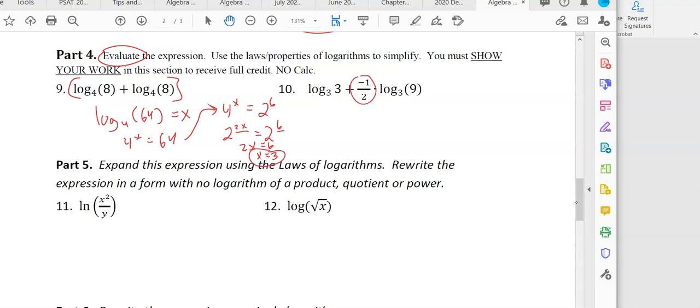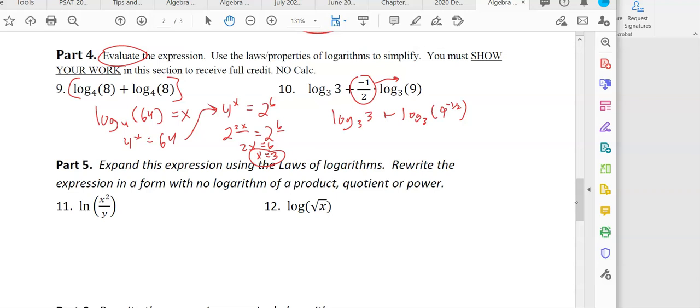Before you push these together, make sure you move that up to the exponent spot. So this would be log base 3 of 3 plus log base 3 of 9 to the negative 1/2. Well, that's a lot of stuff right there. Okay, so you might want to simplify that first before we go forward. So negative makes it go to the denominator, and hopefully you know that,